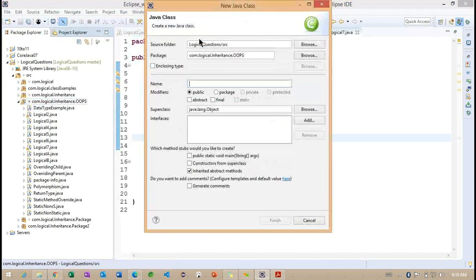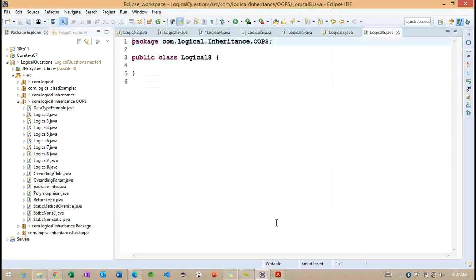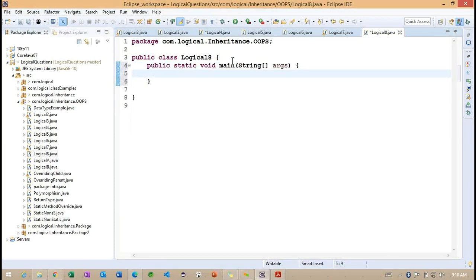So observe, this example we are going to work with the ternary operator, logical 8. You can see what I'm going to write inside this main method. int i is equals to 42.